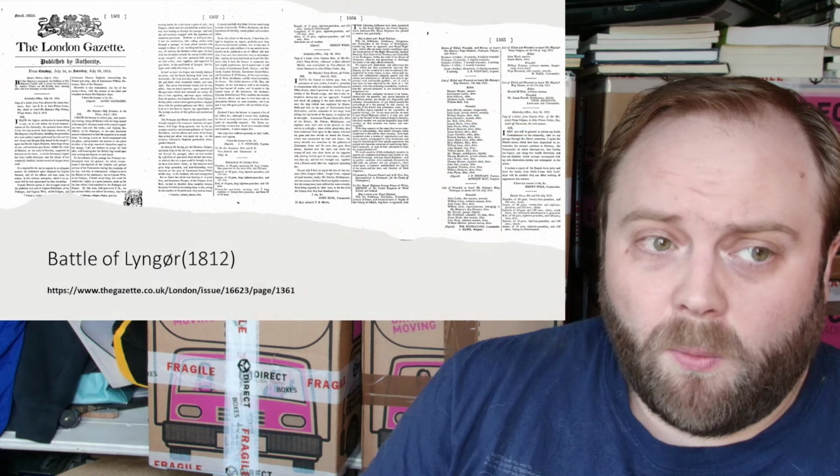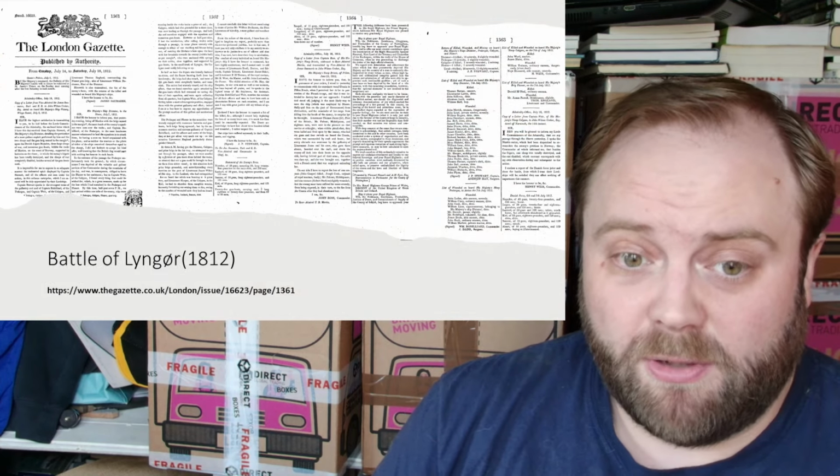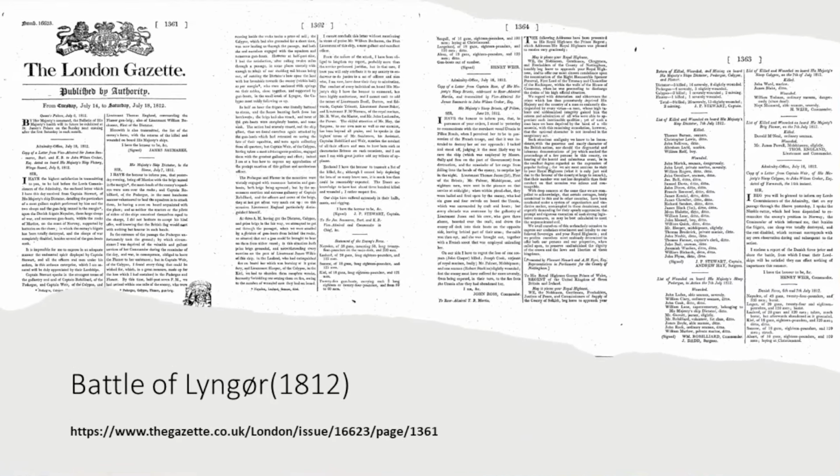But what they do have a source of is the very same source I was using to get this information, which is the Battle of Ignore on the London Gazette. Now, this is me having taken all 4 pages and stitched them together. They don't come like that. They come as individual pages, which you can download as individual PDFs. So I do apologise, but this was the best way I had of showing this off,